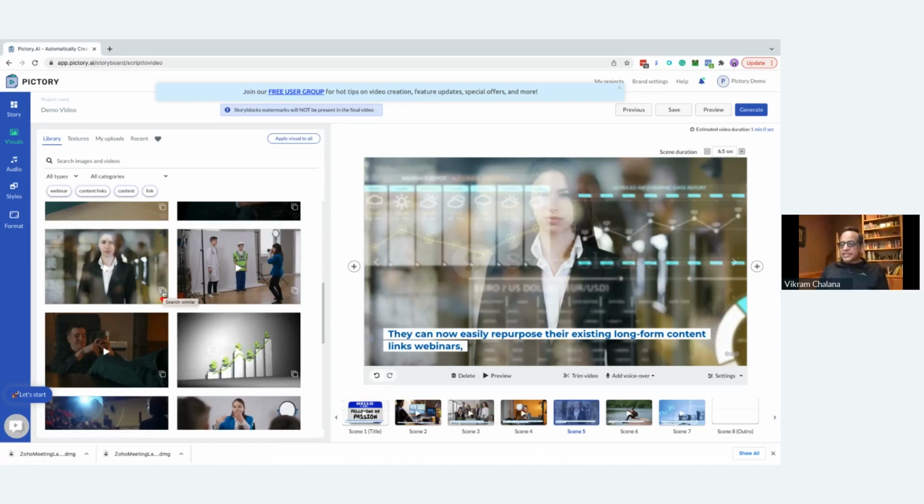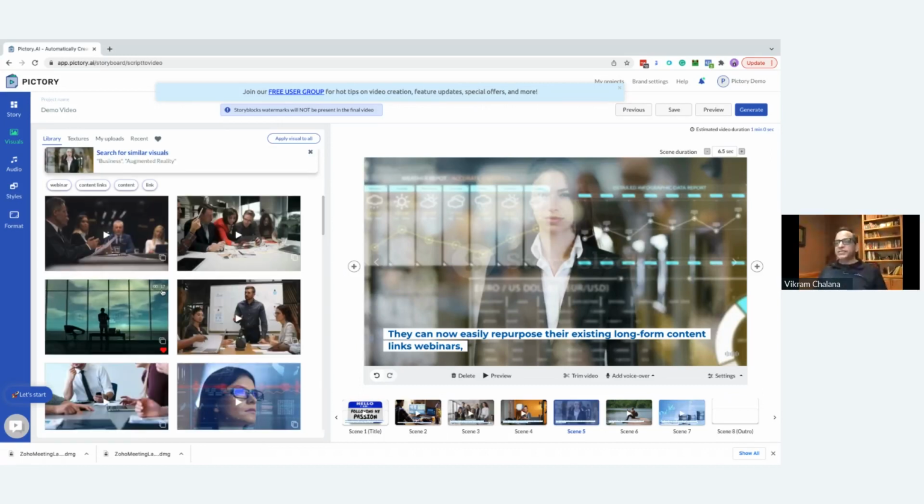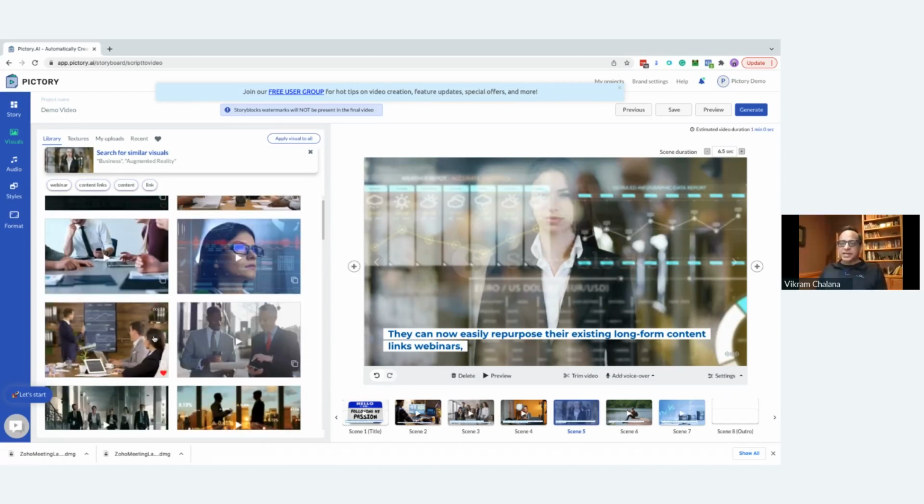So I say I like this. I want to search for something similar. So now it's going into the database and searching for something similar. The keywords attached to that visual were business and augmented reality, and it's searching for others which are business and augmented reality. So it can find other things with that. So different ways of searching for visuals: keywords, type your own keywords, search for similar, or upload your own